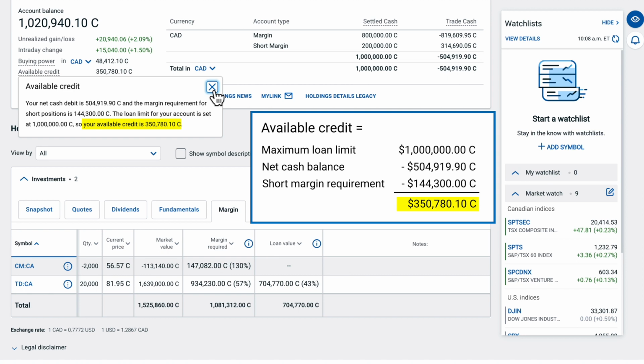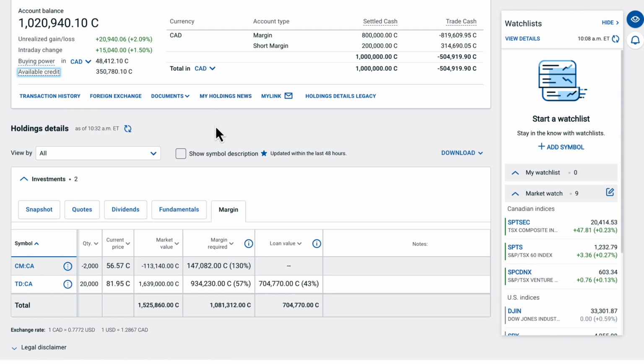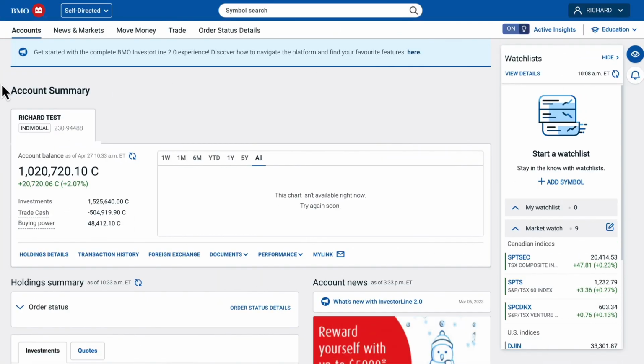$350,780.10. When making additional investments, it's important to remember that you will need to ensure that you have both sufficient buying power and available credit for the trade to be approved, as these values must remain above zero at all times. To see the margin rates and loan values for your